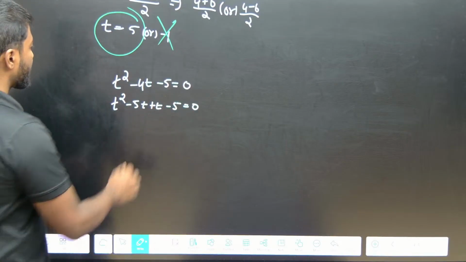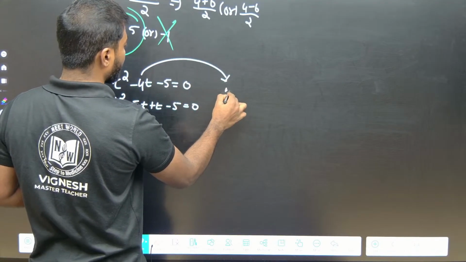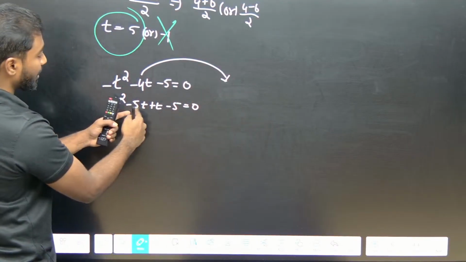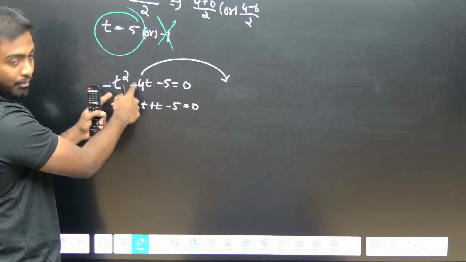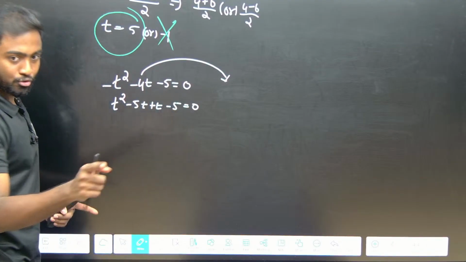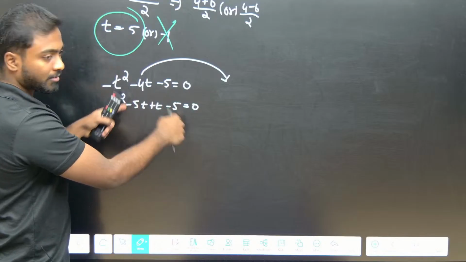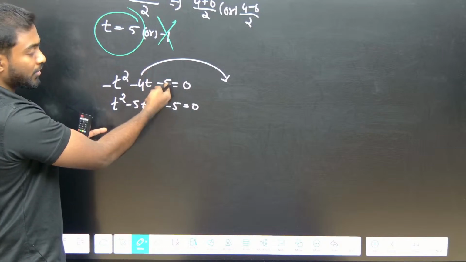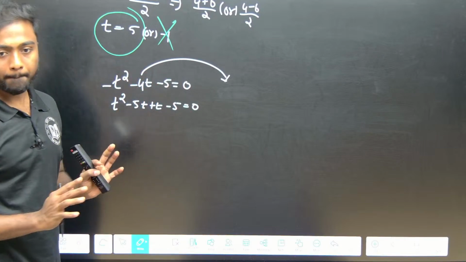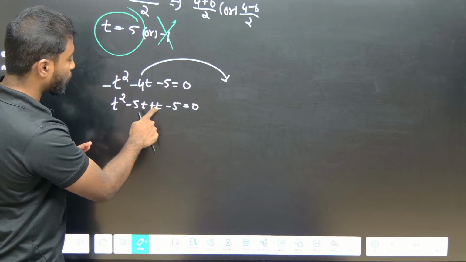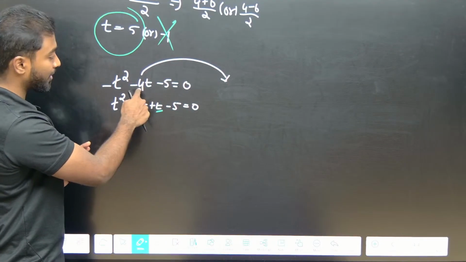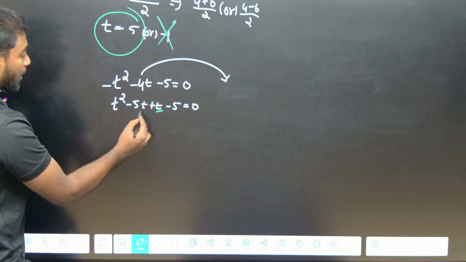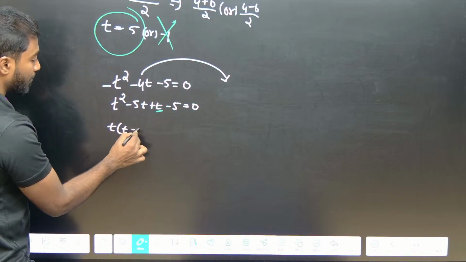How I am taking this is I am splitting as 5 into 1. If you are adding these, I am getting minus 4. If you are multiplying these, I am getting 5. Like this you should take. When you are splitting the number, the product should be this number, and if you are adding, I should get the middle number. Minus 5t plus t is minus 4. Minus 5 into 1 is minus 5. Now I will take t commonly outside: t into t minus 5